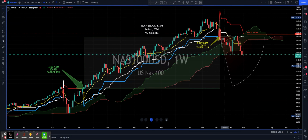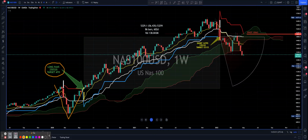So continuing on with the medium-term charts, I use the weekly charts as the mid-term charts. You can see that the long signal was issued at a level of 9445, targeting new all-time highs on the 25th of May 2020, approximately 1 to 2 months after the pandemic hit. We had a V-shaped rebound, and if you had held your long position right here and got rid of it here on the break of the medium term charts at 14795 on the 17th of Jan earlier this year, to target this 12115, you would have made a total of